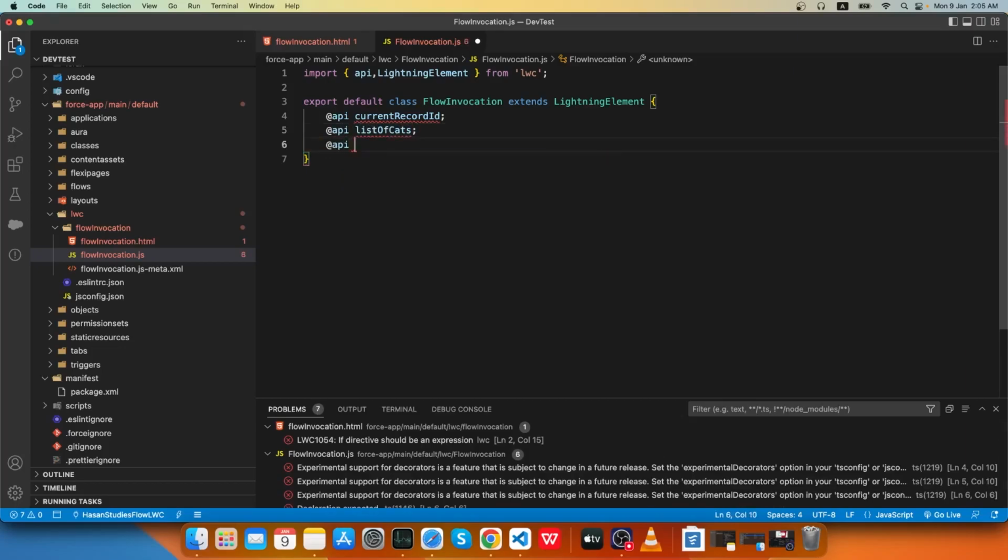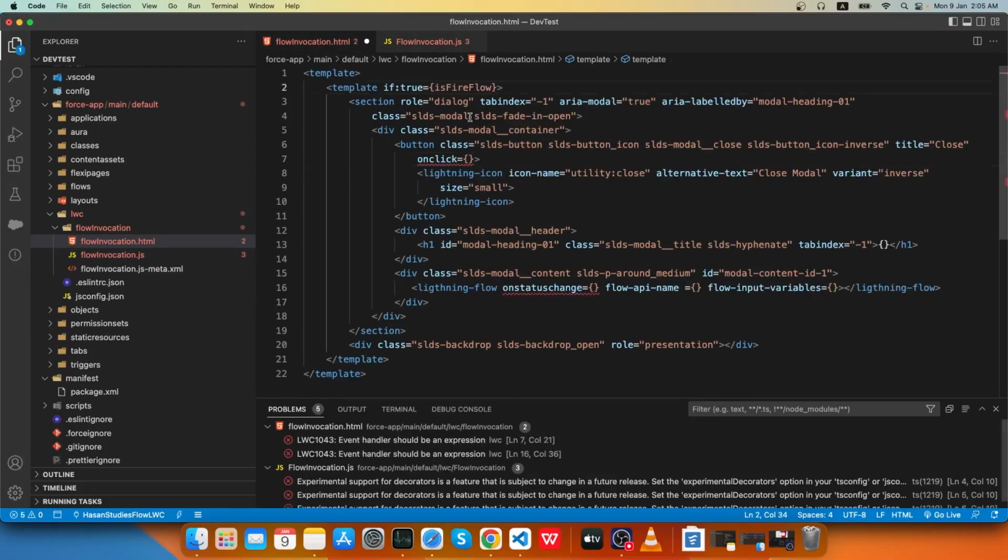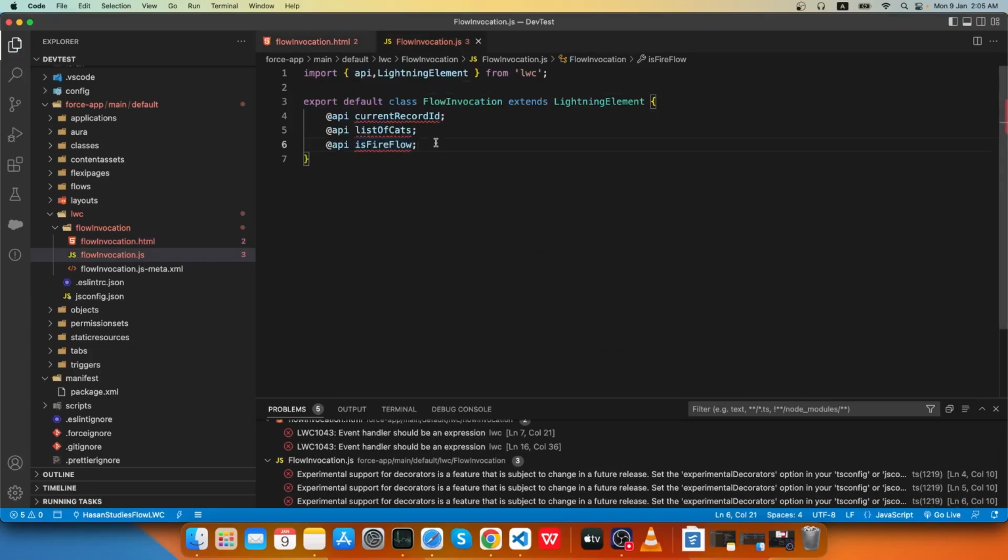Then API is fire flow. This is just a variable. Based on this variable value, true or false, we'll be rendering the flow. All right. And after that